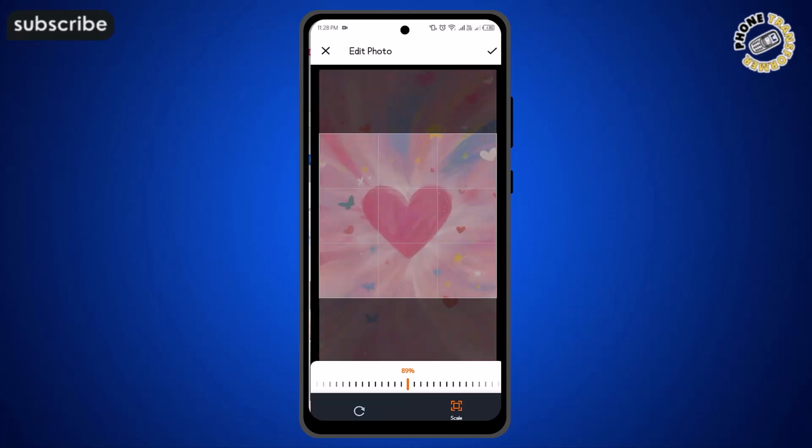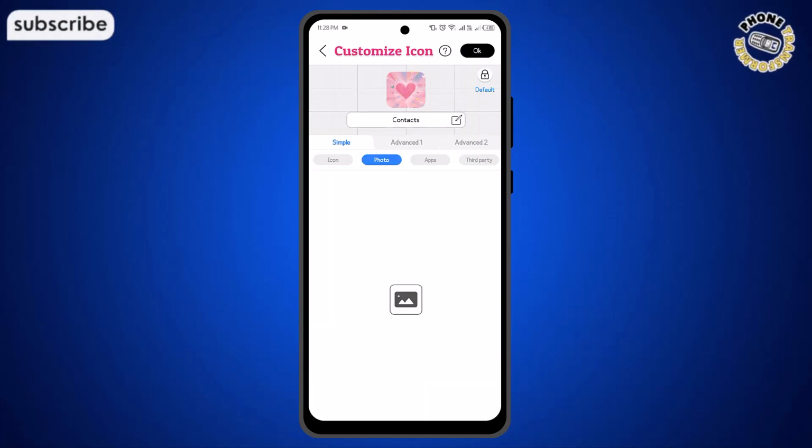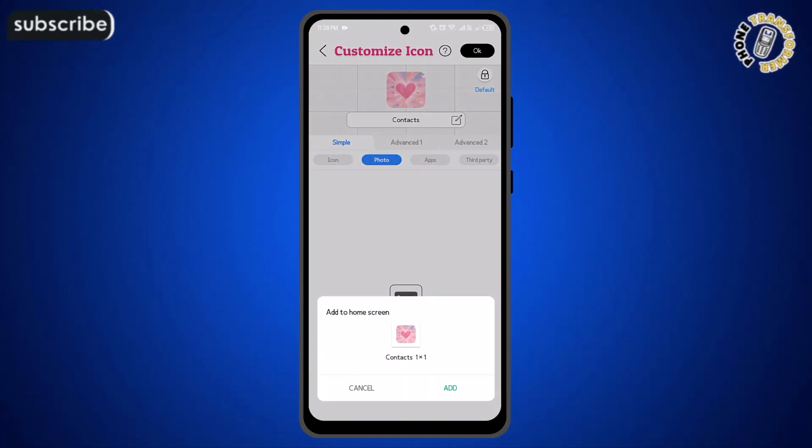a custom touch. Step 5. Once you are happy with your selection, click on OK in the top right corner of the screen to save your choice. This action confirms your design preference and prepares the application to generate the new shortcut for your home screen. Step 6. Tap on the option to add the icon to the home screen when the system prompt appears